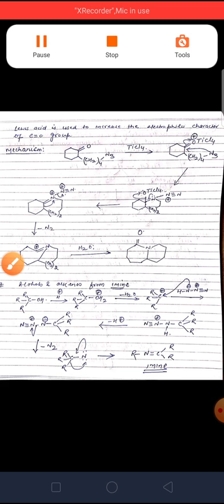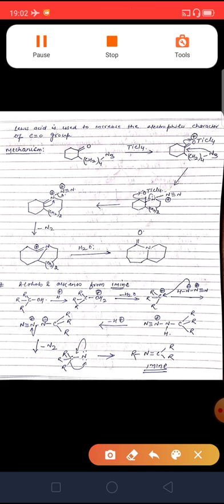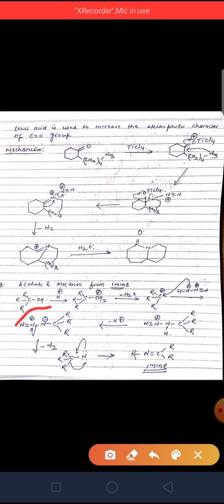And now we come to the alcohol and alkenes. They can also undergo this type of reaction, and in this case we get the imine as the product, and then the imine can undergo further reaction, and when it reacts with different types of molecules, it will undergo further types of reaction. For example, this is the case of the alcohol, in which first of all the protonation will happen, and when alcohol on protonation will first of all get converted into OH2 positive, from which the water molecule will be eliminated out and it will form a tertiary carbocation, and this tertiary carbocation will react with hydrazoic acid and will get converted finally into this one,